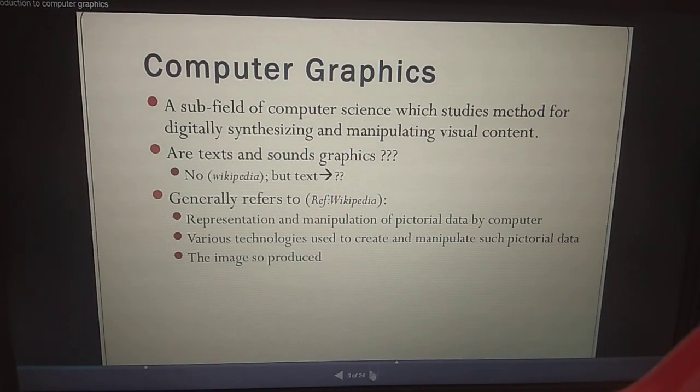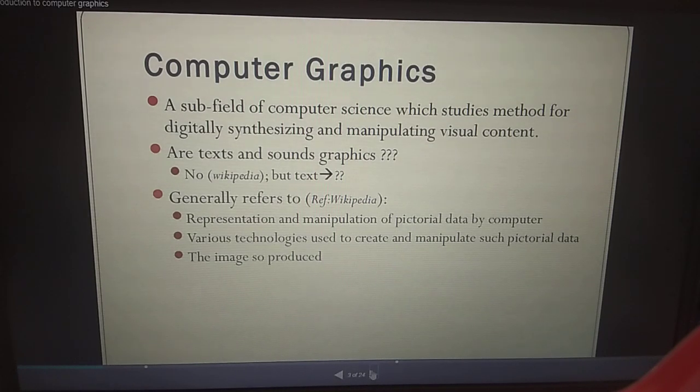Now anything which is not text on a computer is treated as computer graphics. Anything other than text is treated as graphics on a computer. Nowadays almost all computers are using graphical user interfaces. This is because users are not interested in doing any operation by giving textual commands. Rather, the operations are done by using different icons and GUIs.